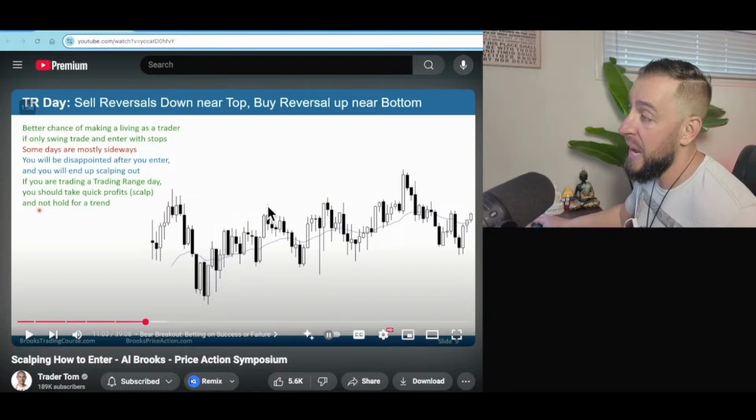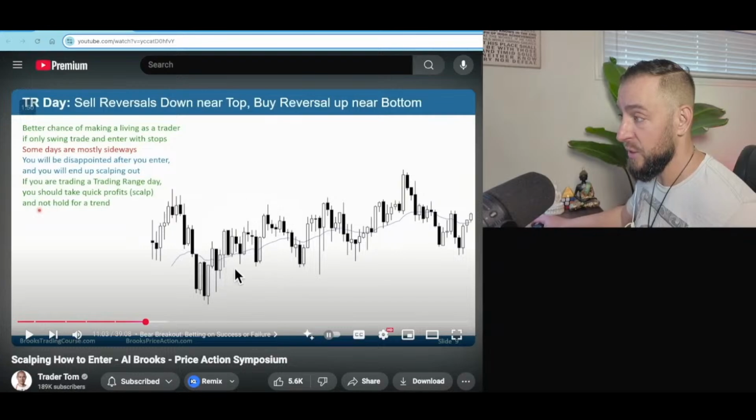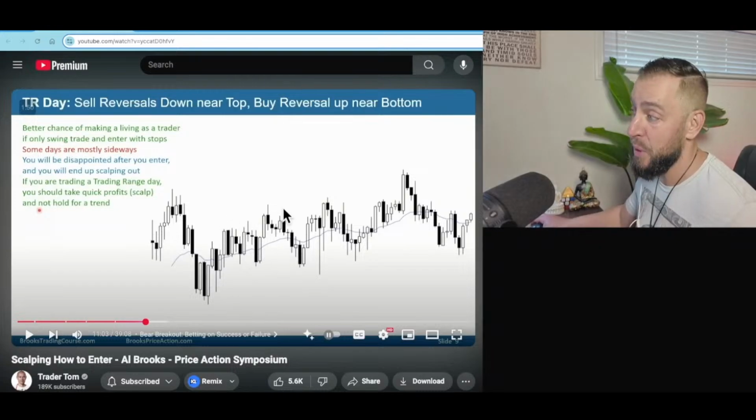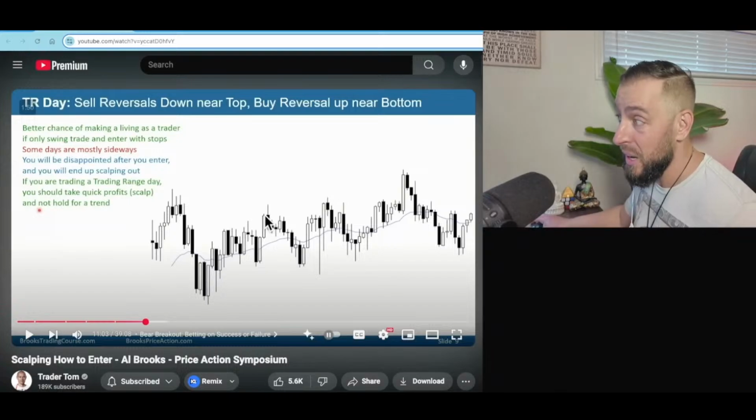Like if you wait until you're getting a clear sign of a trend, and let's say you bought here, right? Because now you've got some closes above the moving average. Like look, if we circled this, we'd say, okay, the price went down here, it's reversed up, then it came back down, and now look, the moving average is mostly holding up the price, and you've got all these closes above the moving average, which is a sign of bullishness. So right here, the market looks bullish, and then you have two strong bull bars, both closing on their highs. If you got long here, expecting a trend, that the price was going to go up here, right?